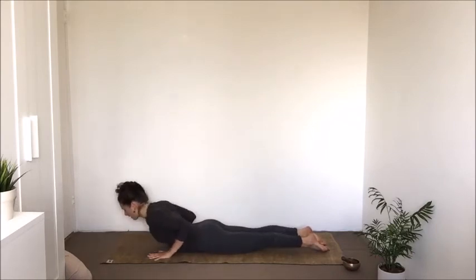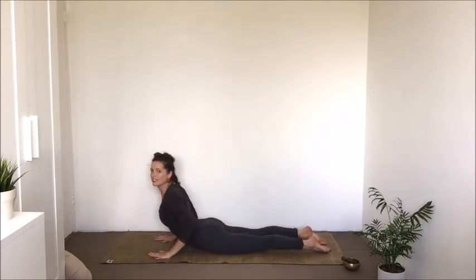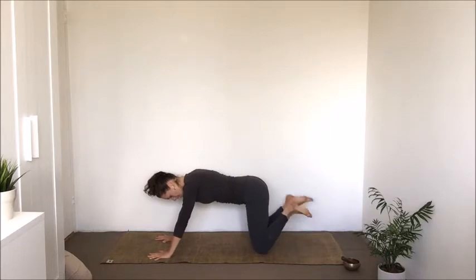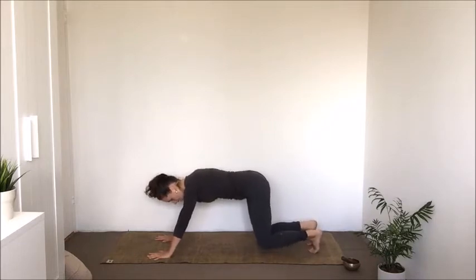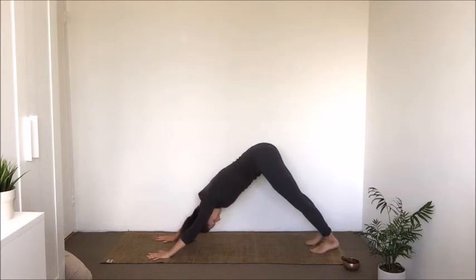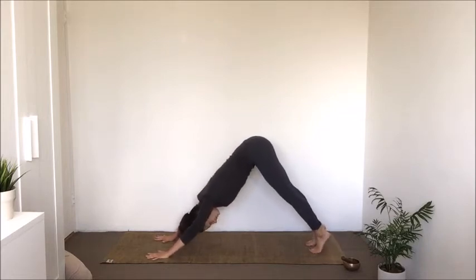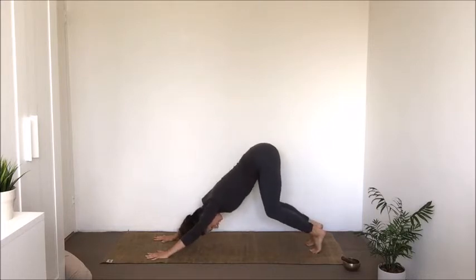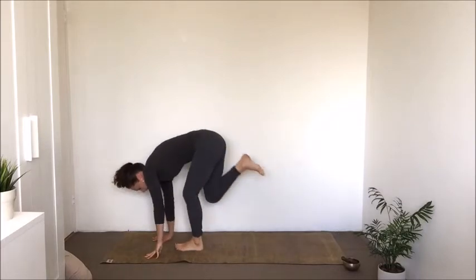Inhale, coming to our baby cobra, pointing your toes, lifting your heart, gazing forward. Exhale, pressing into the hands, bend the knees, tuck your toes. Exhale, downward facing dog. Really nice, everyone. Inhale, come to the balls of your feet. Breathe out, bend your knees, look to the top of your mat and take one step and then the other